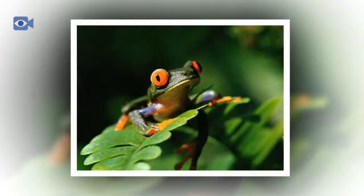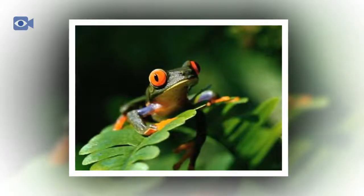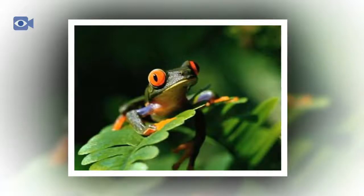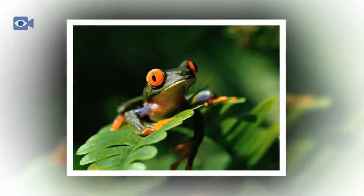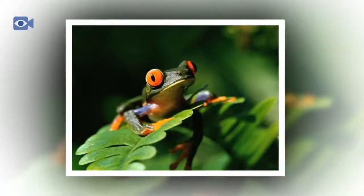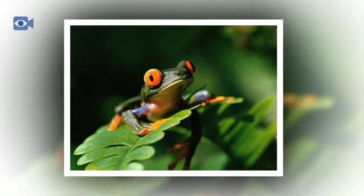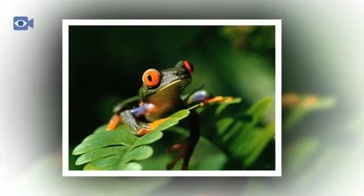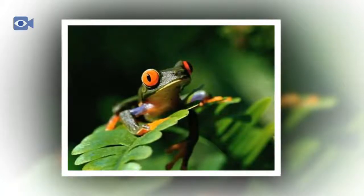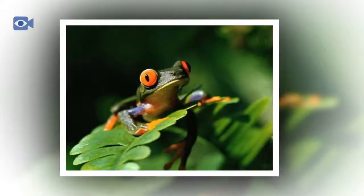This area has suffered great disturbances over the past 40 years from human activities, which has obviously led to drastic declines in Monte Iberia eleuth population numbers. Despite its miniature size, the Monte Iberia eleuth has a very similar diet to other small frogs, hunting and eating a wide range of invertebrates in the Cuban jungle. The Monte Iberia eleuth feeds on insects, moths and spiders along with a number of semi-aquatic invertebrates when it is